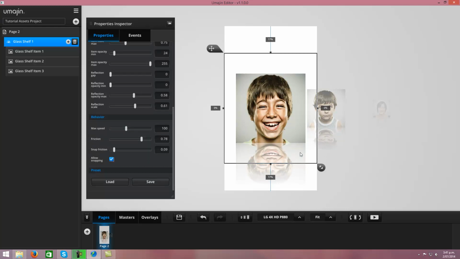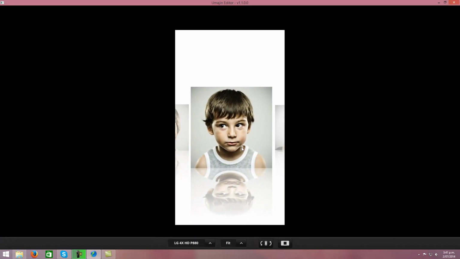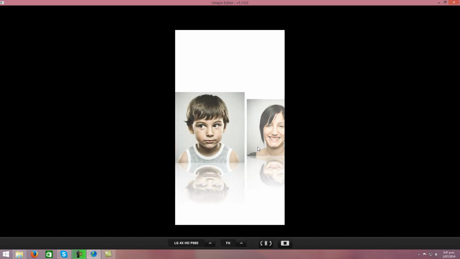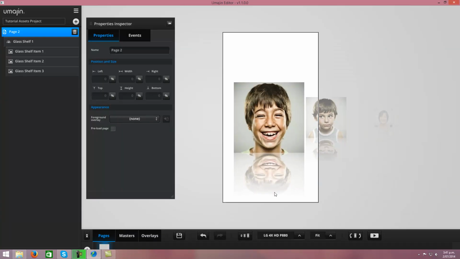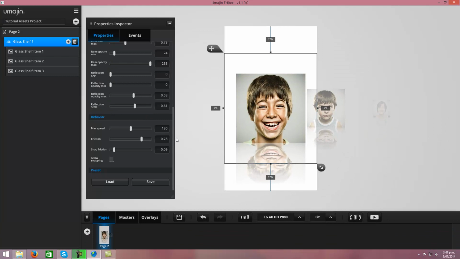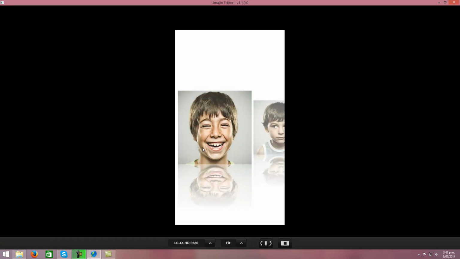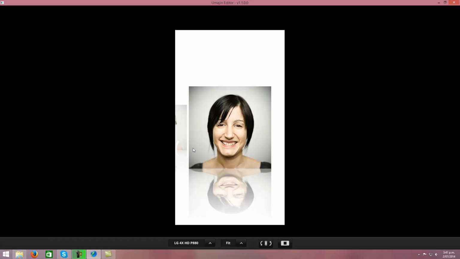So here I've got my behavior properties where I can change my max speed, my friction, and my snap friction. I often like to increase my max speed a little bit so that you can navigate between items just a little bit quicker. And I quite like having the snap to center snapping on, but you can always turn it off and just have the items fall where the